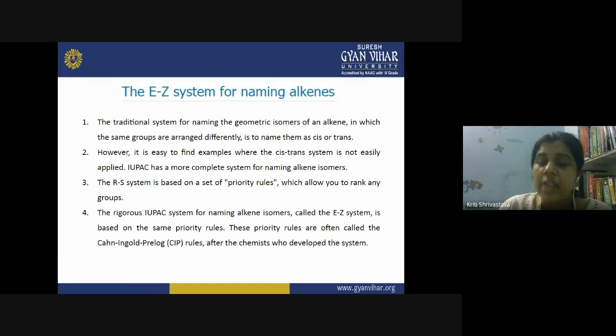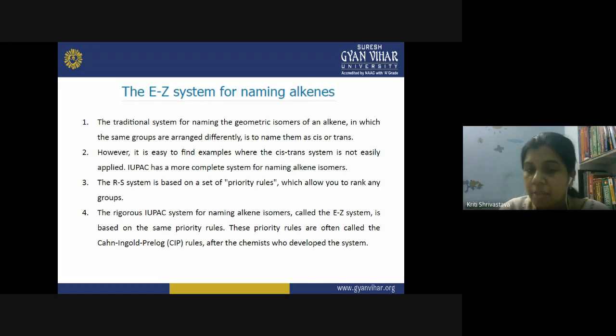But there are several cases when the cis-trans system is not applicable. In that case, it was really essential to establish an independent system to assign the prefixes to such geometrical isomers. So this system, the EZ system, is given by the IUPAC, and it is very much similar to the RS system, and it works on the priority rules, those rules which we have just discussed. The priority rules for the RS system also work for the EZ system, and in this manner you can see whether your alkene, that is the carbon-carbon double bond, has the cis or trans configuration.